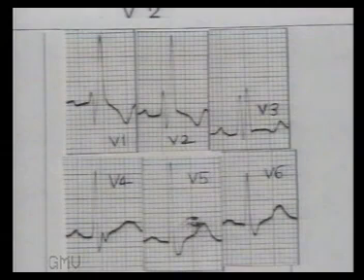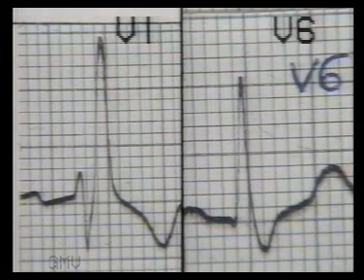In this ECG, measure the width of the QRS complex in lead V1. It is 3 small squares. Now note the RSR' pattern in V1 and V2. Note that the T wave is opposite to the direction of the wide terminal QRS deflection. In V5 and V6, a wide S wave is seen. So the diagnosis is right bundle branch block.